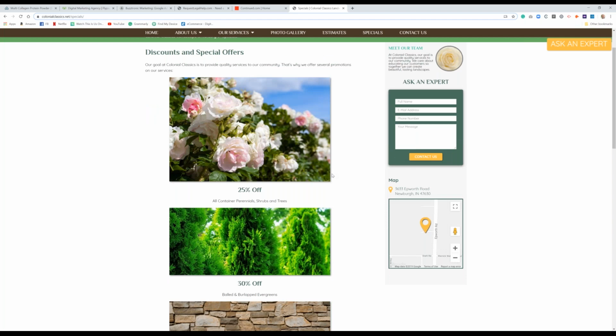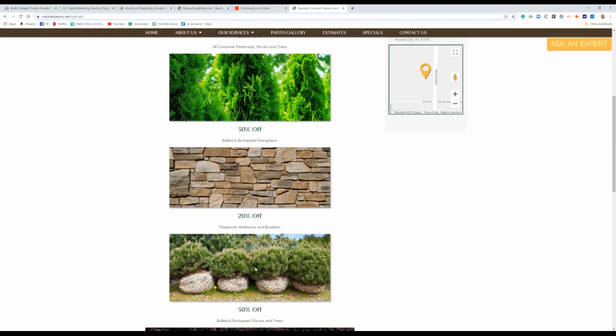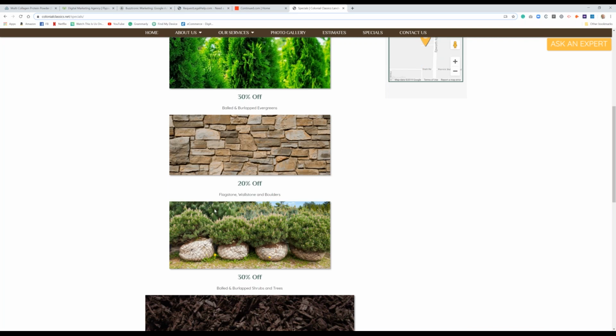I know you have a whole garden supply store, but at least your most popular products, you kind of do a hierarchical navigation. Stuff we sell, I mean, it seems pretty basic. We sell flagstone and wall stuff, and we sell these bald shrubs and trees, but what kind? Is it only the kind I'm seeing in the picture? That's the impression I have, and you're not giving me a lot of variety or choice.